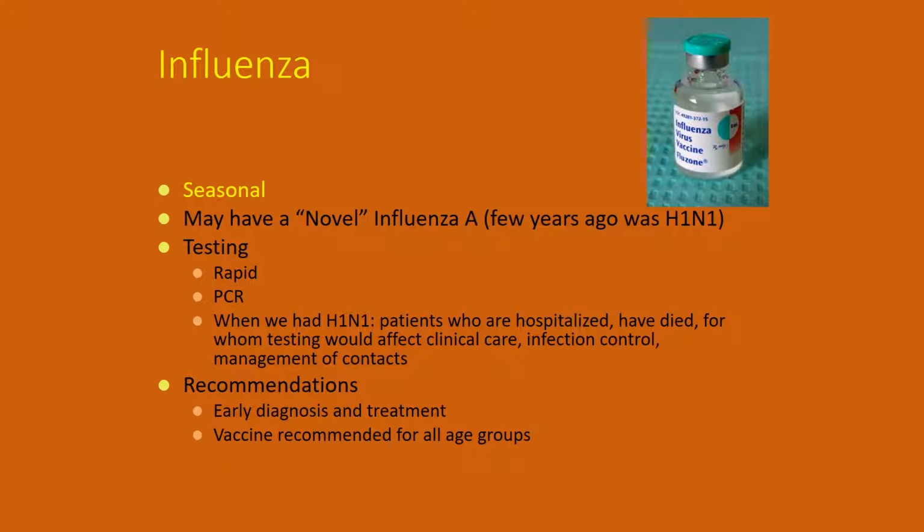Sometimes it is useful to test the person if they're a school teacher or someone else that you're really trying to figure out potential risks for other people. But as far as the actual person, it probably doesn't add much. There is a PCR which is more accurate than the rapid test. In patients that are hospitalized, then you really need to figure out exactly what's going on with them. This is a good test. For most office-based patients, this is not going to be necessary.